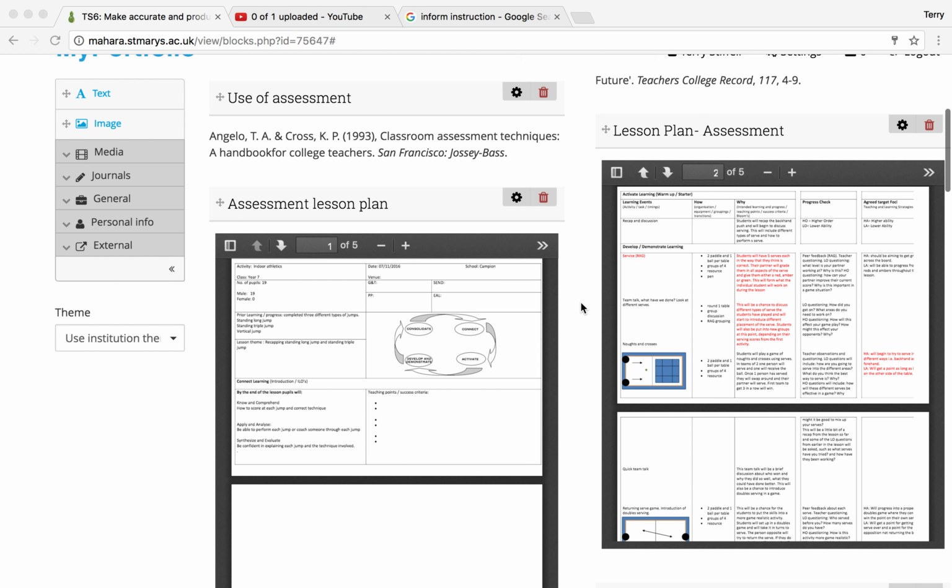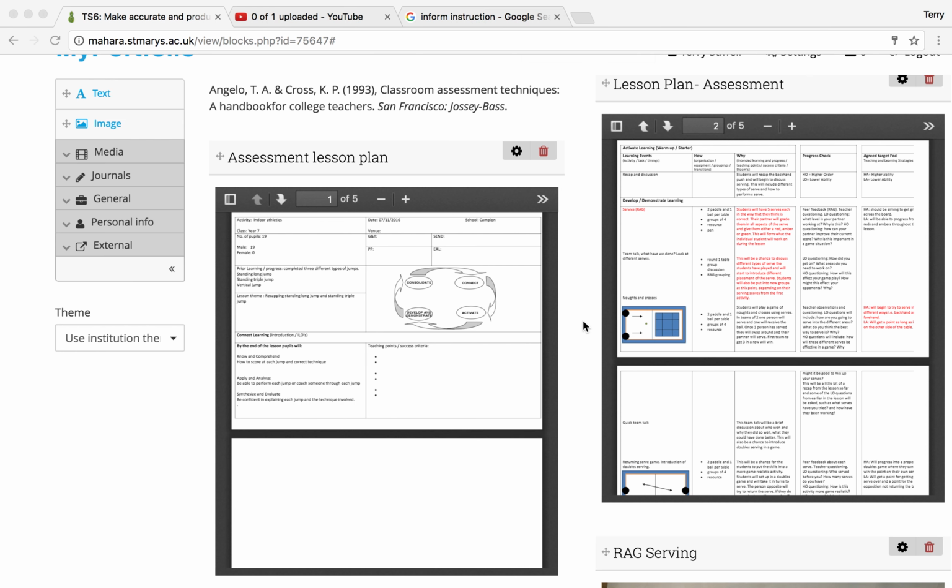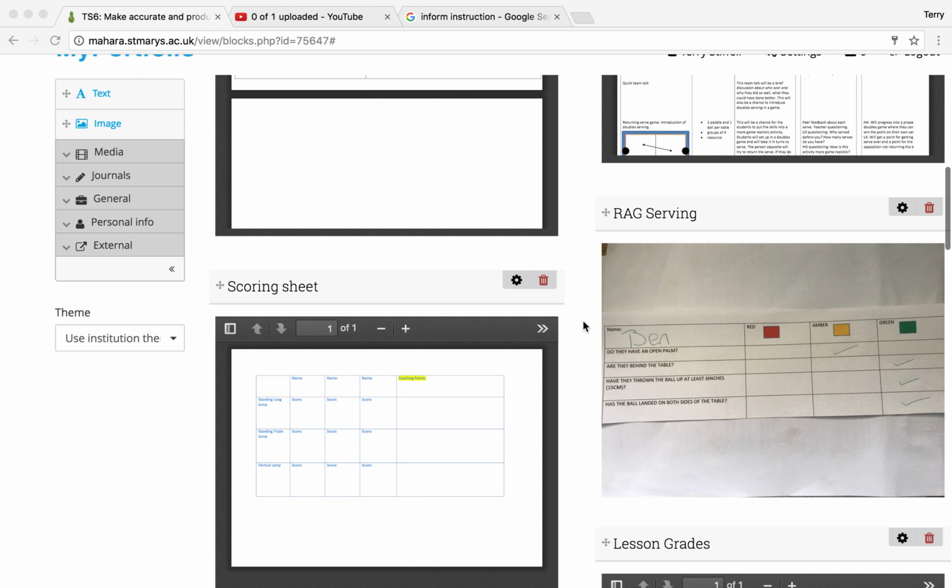So the first thing I'm going to talk about is a lesson plan where assessment is used. This was more of a formative assessment. It was about serving in table tennis with year sevens. Each student got 5 serves. To serve correctly, they got a sheet of paper with the correct technique on it, and they were going to rag each other, so red, amber, green each other, to see how they're getting on and what level they might be working at. So here is a peer assessment of Ben, who was working at amber and green throughout his